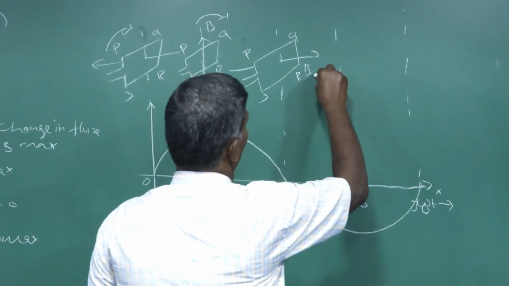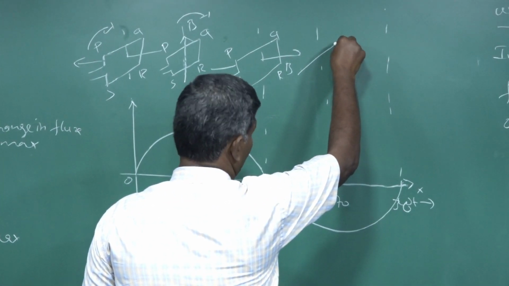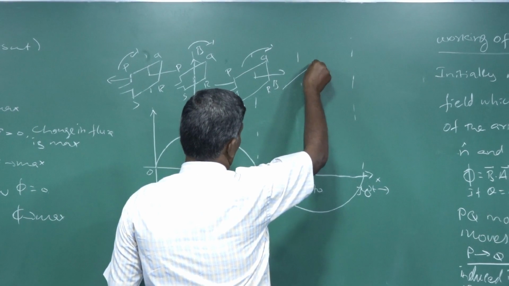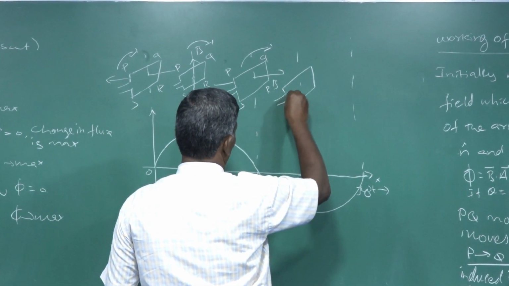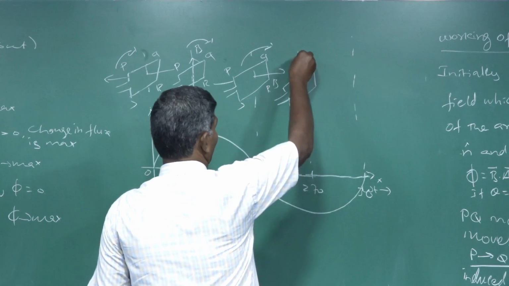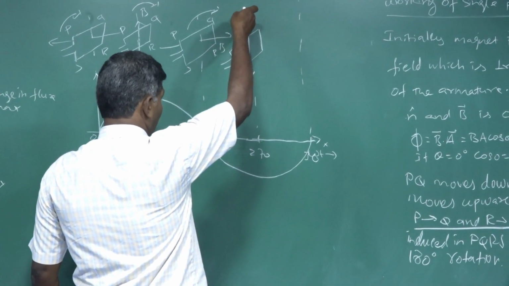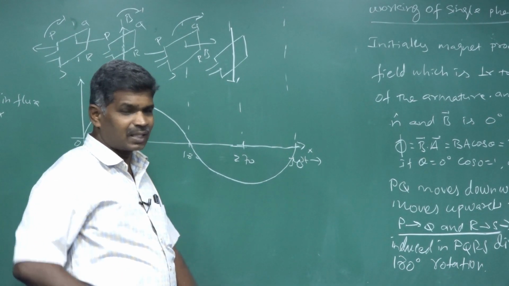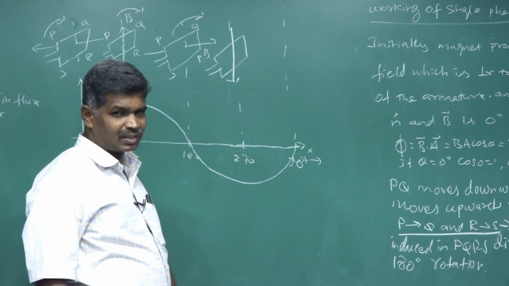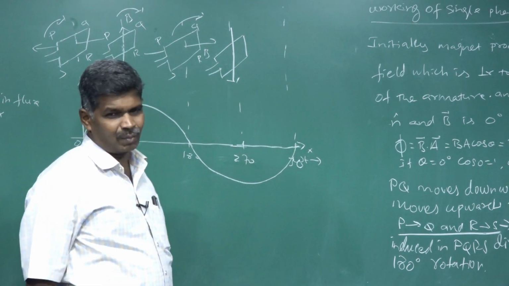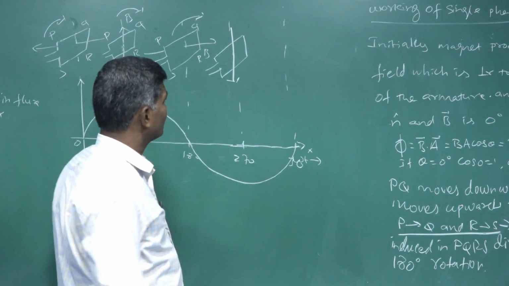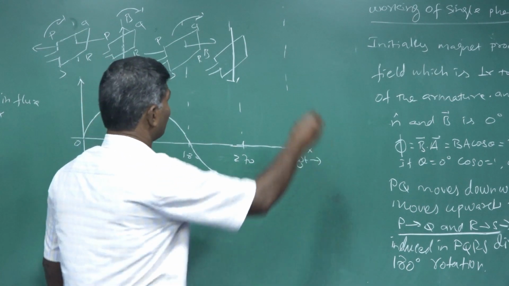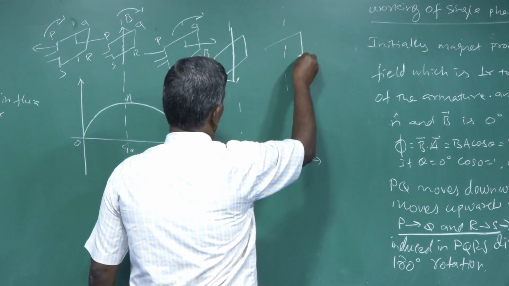Next we are going to take a rotation of 180 degree. So from 180 we are rotating further 90 degree, that is 270. That is 270 degree angular rotation. What about the magnetic field? Downward direction parallel to the plane of that loop. That's why there we have a change in flux that is maximum, but in reverse direction. That's why maximum EMF may be induced in reverse direction. Further you are rotating 90 degree, means total angular rotation becomes 360 degree. Once again comes to that original position.